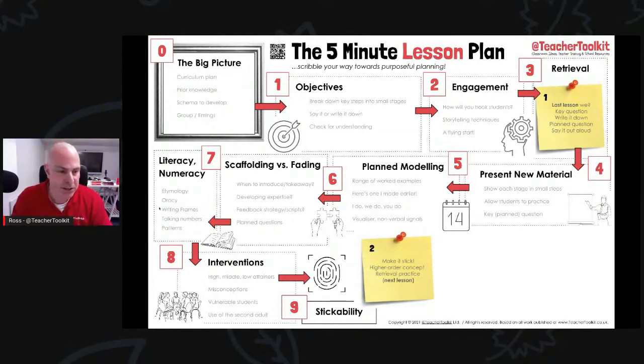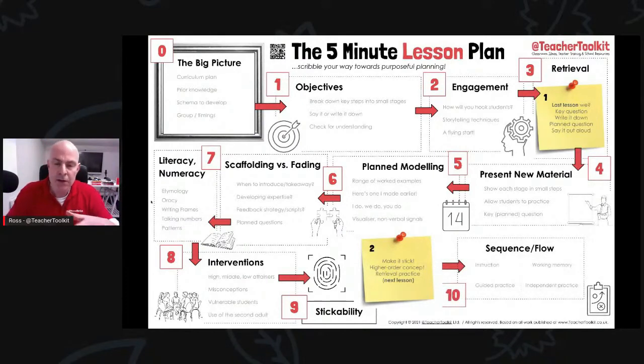And then the final stage, everybody, is think about your lessons, your time that you have available, the sequence or the flow. You may have a 60-minute lesson, so think about dividing that lesson into chunks. Now, most adults, and use this very broadly, please, think about cognitive load and working memory. We can only store so many pieces of information in our working memory and manipulate it at any one time. The research I read is between 3 and 9 pieces of information.